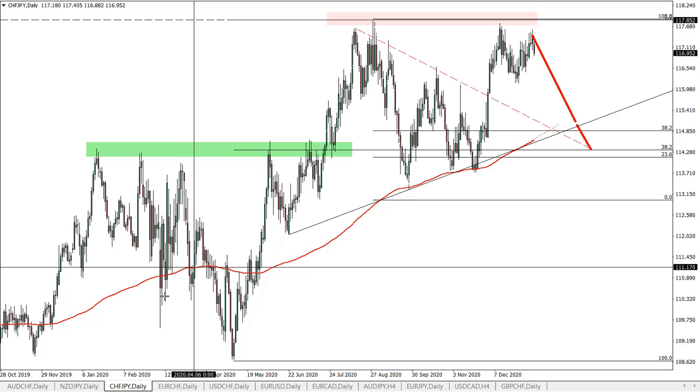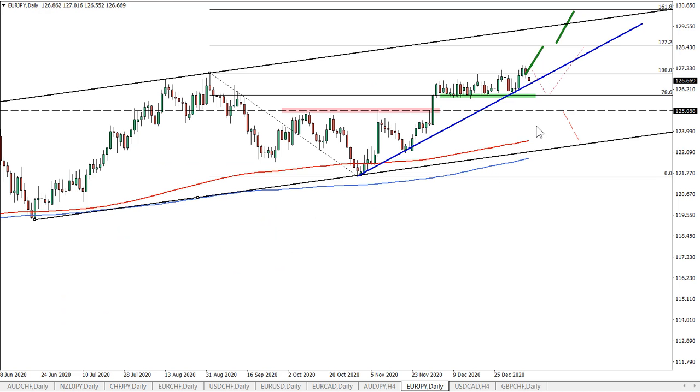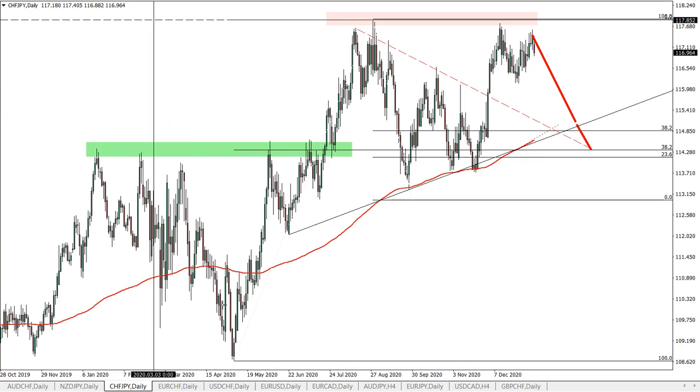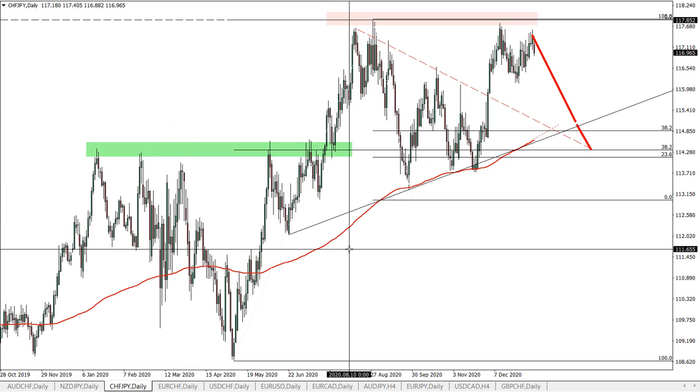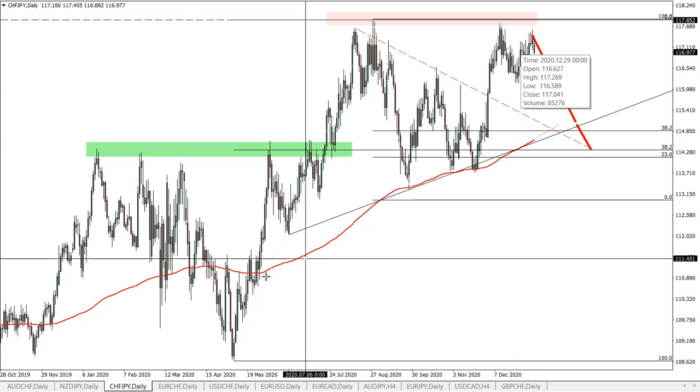And as you can see, we have also New Zealand Japanese yen currency pair and Euro Japanese yen currency pair. So there are two pairs and they kind of contradict each other. So be a bit cautious with the Japanese yen pairs at the moment. The trend could be going either way. Maybe it's time to wait and see for a few days on the Japanese yen pairs, because we